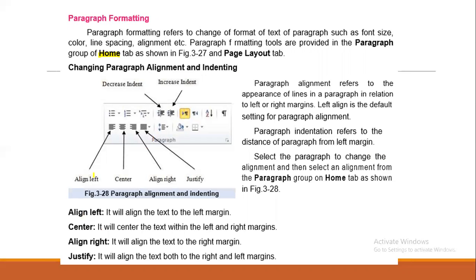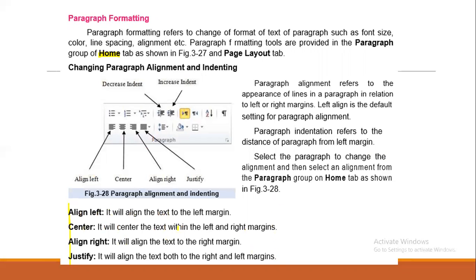What do these alignments mean? Left alignment means it will align the text to the left margin of the document. It means that all the text will start with the same line but on the left hand side. Right alignment will align the margin from the right side.